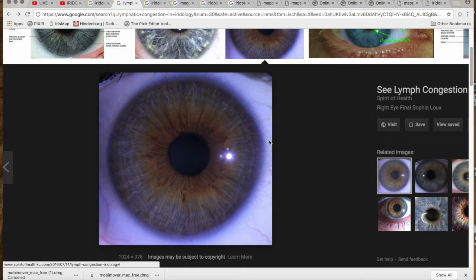So I can tell you, even though we can't tell if this is a right or left eye, I'm pretty sure by these rings, let me just close that up, that this right here is their adrenal gland. So I'm pretty sure that this is a left eye, because the nose would be over here, and that's the adrenal. And do you see that? That's a little lacuna, but look how deep that is. It's chronic. It's almost black. It's more than brown. So this is a person, once you see adrenal weakness with a spot on a lesion right like that, right on the adrenal gland, you're often going to see nerve rings,